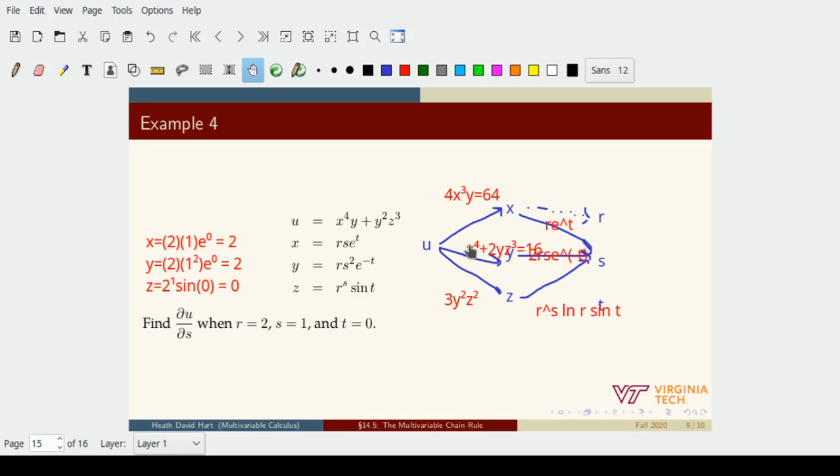Okay. And then this last expression down here is equal to 0. Three y squared z squared is equal to 0. And so the partial derivative of u with respect to s, whoops, sorry about that,